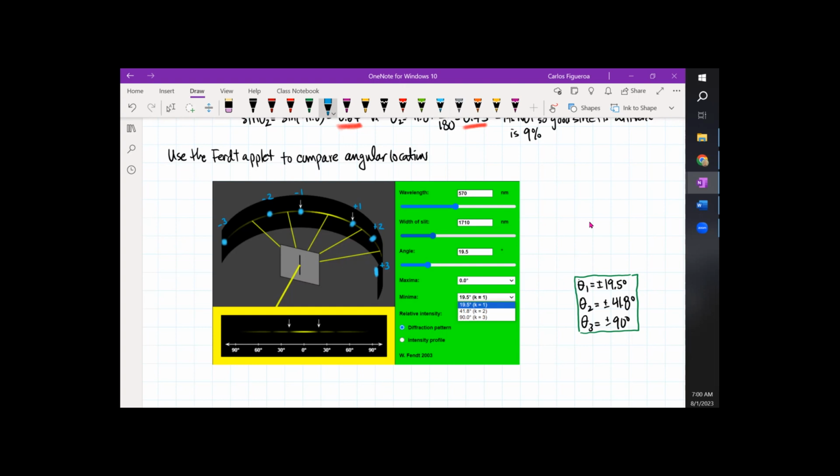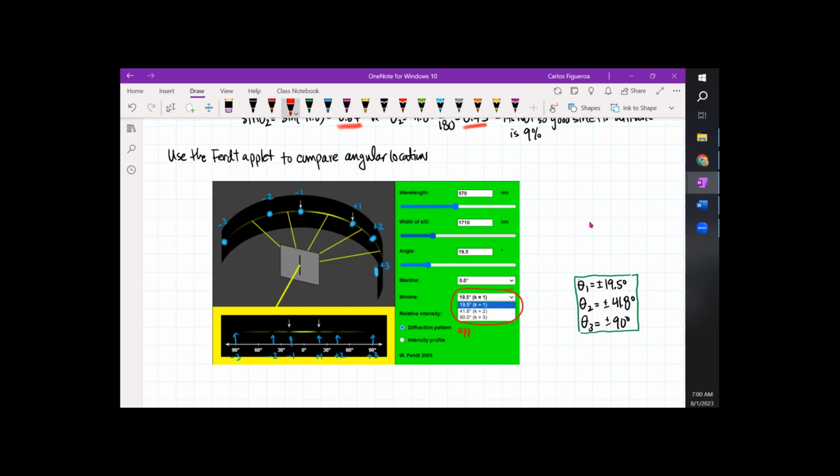If you look at the diffraction pattern, you could see that here's 1, 2, and if you go to 90 degrees, you see that it's 0 there. Again, this is -1, -2, -3, +1, +2, +3. So the thing that I want you to compare is that these are the